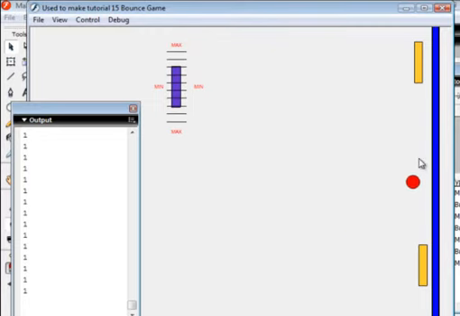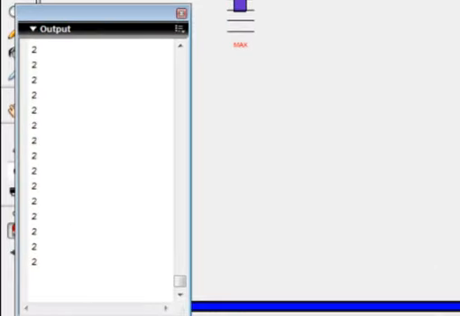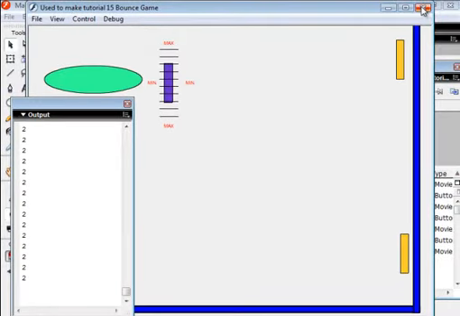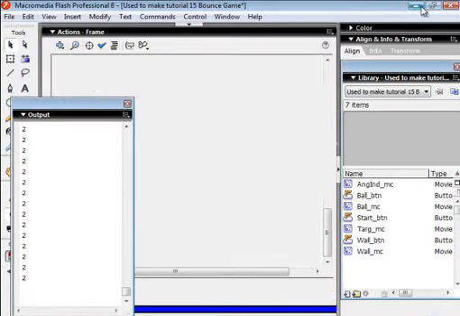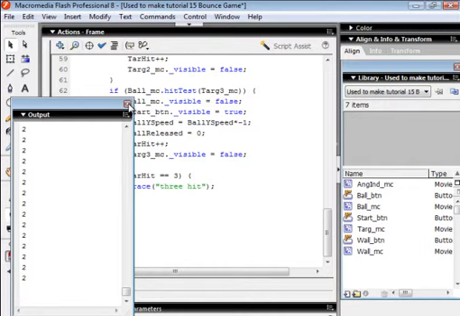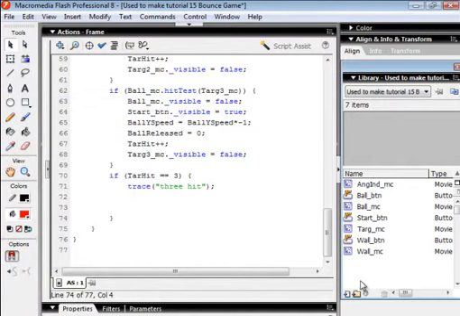It hit it again, and there's a count 2. That's not good. If you only had one level and this is all you're doing, it would be okay, but we're going to go to another level, so we've got to find some other means of turning those movie clips off. Let's go up to where the first target gets hit,